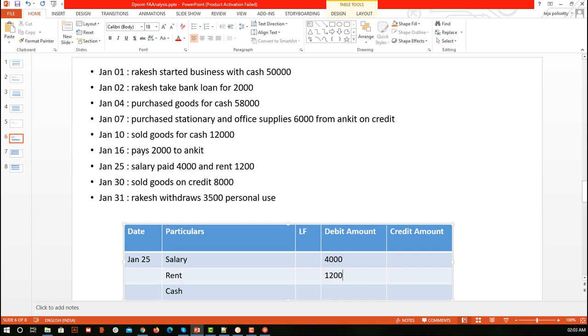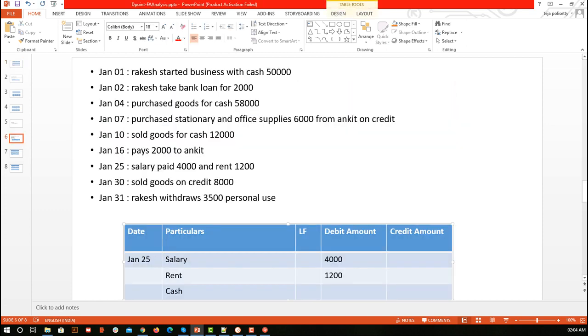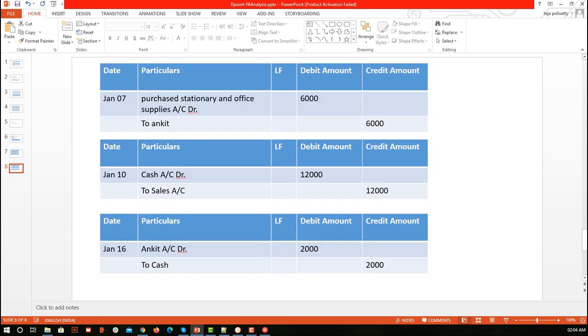Now this complete thing is involved in the cash account. Amount is going out of the cash account. So what is happening, amount is going out from the cash account, so we say it is a credit, right? So 4,000 plus 1,200 is 5,200. Now this is our account DR. Similarly this is our account DR, and similarly this is our credit account, so we write CR. So this was a kind of different transaction that we have seen today.